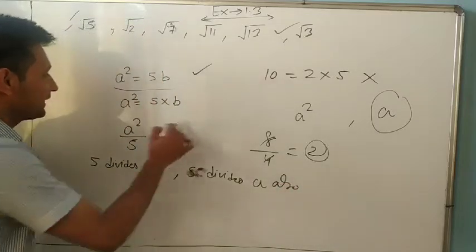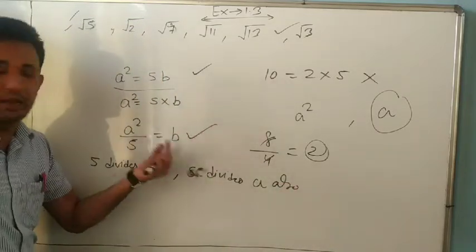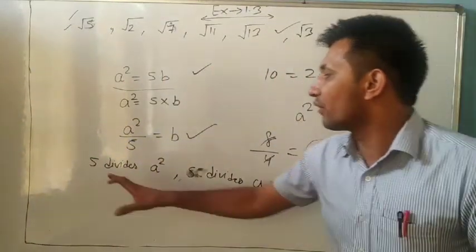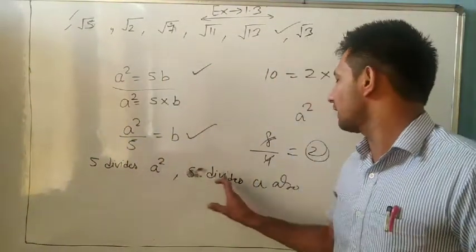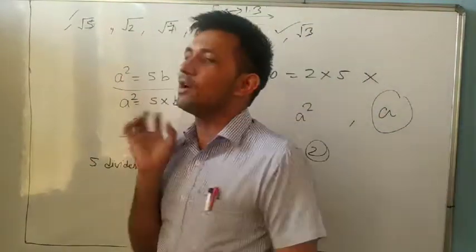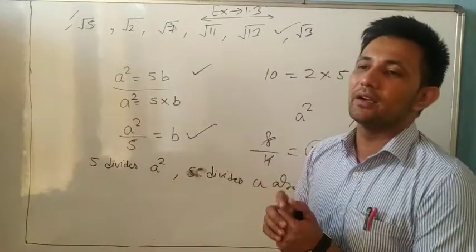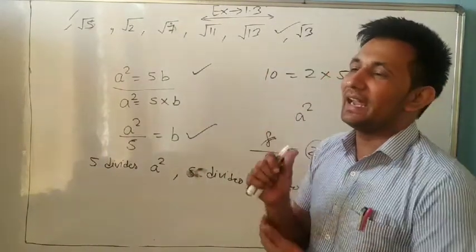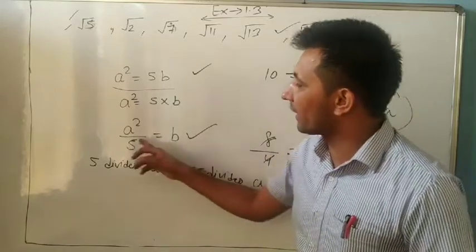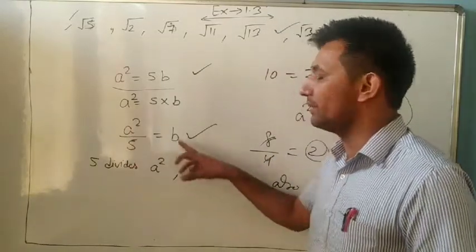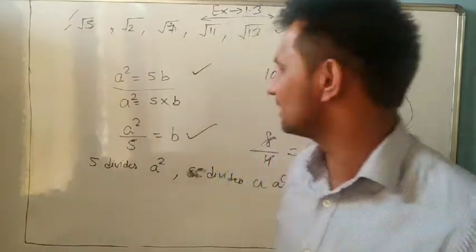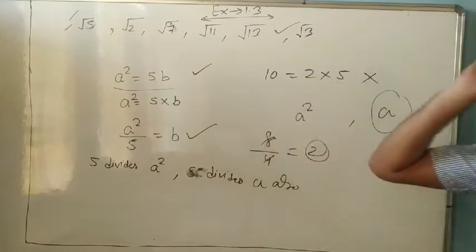Understand it? Like this, you can write one more step. A square divided by 5 equals b. Then you can write in the question 5 divides a square and 5 divides a. So it was just a simple question. Only you have to remember, in starting we will take let a and b have no common factor. And in the last we will prove that a is divided by 5 also and b is also divided by 5. Then a contradiction arises. So it was the explanation of the first question.